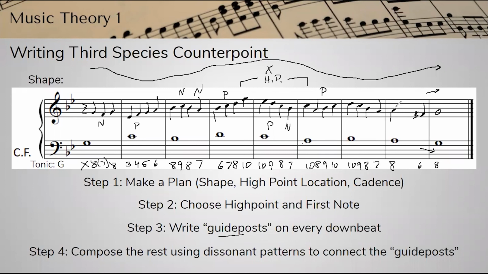And the only way we can resolve that by step is by going to a B flat, which is dissonant, or going to a G, which is also dissonant. So neither of those will work, which means that our A will not work either. So we're going to have to find a different way to figure this out. So that won't work. In this species, since there's so many notes, what you could try next is maybe a